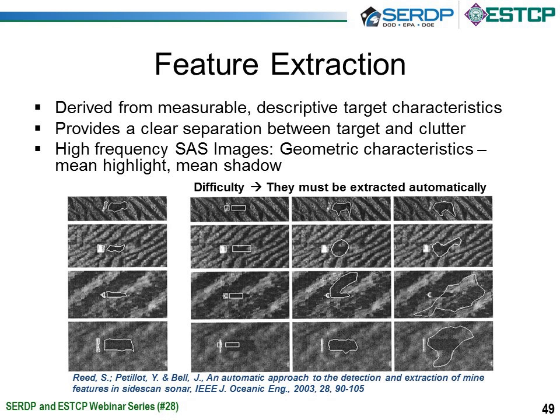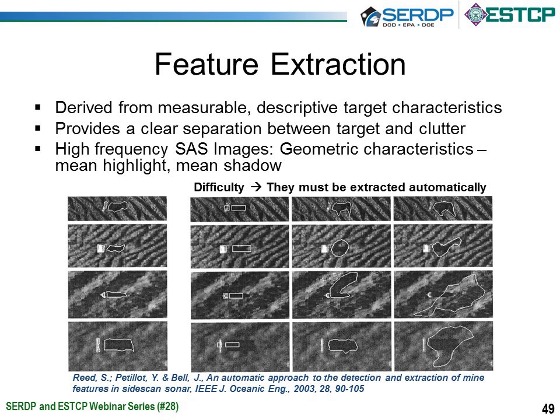Now, with low frequency, as you saw in Tim's previous talk, we focus a lot on the low frequency acoustic color data products. Before I jump into those, I want to show you an example of what features could be for a high frequency SAS image, because it's a lot more intuitive than what a feature is for the low frequency side. So for the high frequency SAS images, an example of which is shown here, these could be geometric characteristics, so maybe mean highlight or mean shadow.